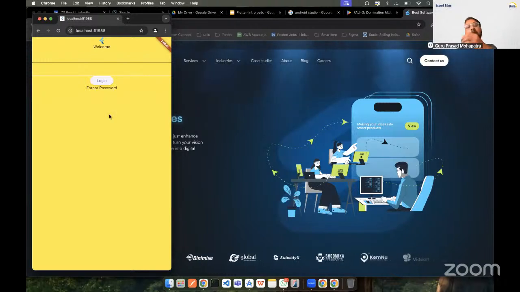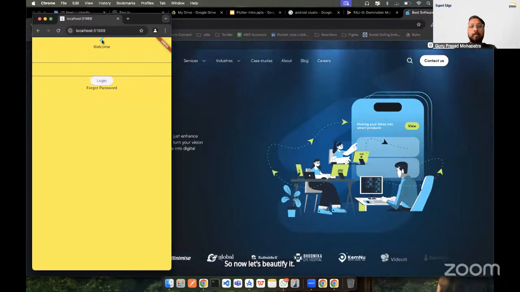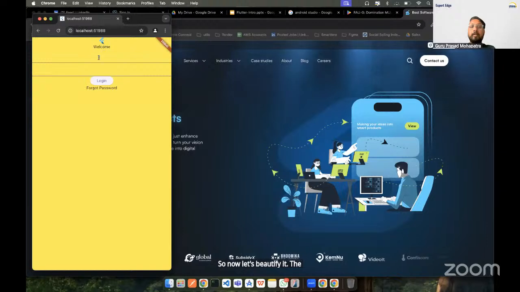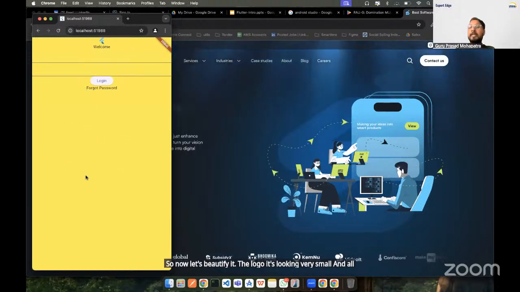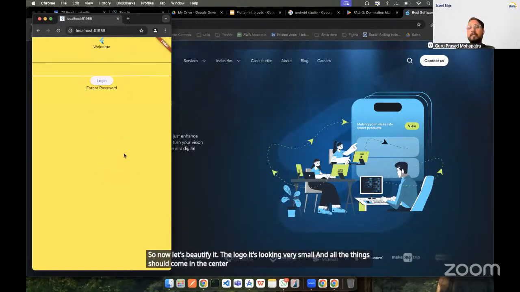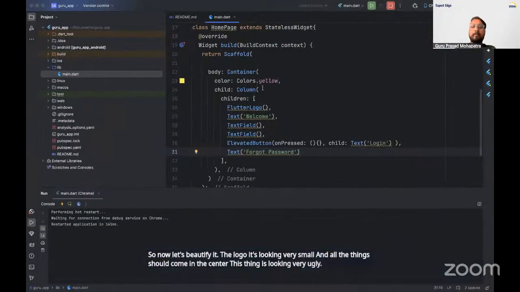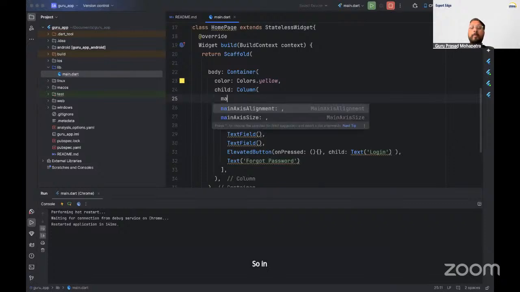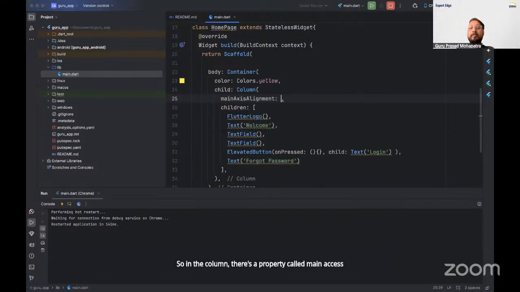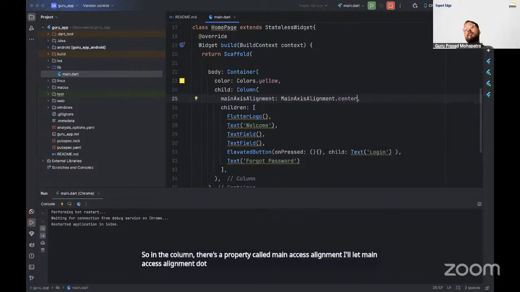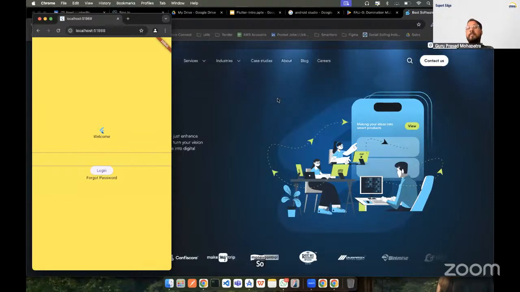So now let's beautify it. The logo is looking very small, and all the things should come in the center, right? This is looking very ugly. So in the column, there is a property called main axis alignment. I'll write main axis alignment dot center. So all those things will come to the center.